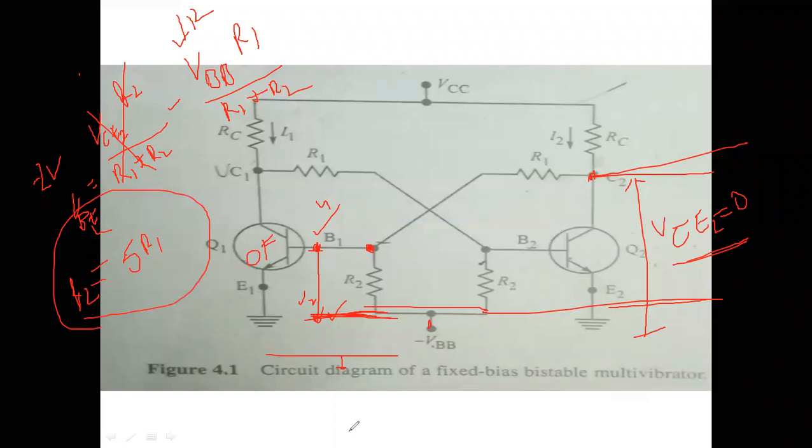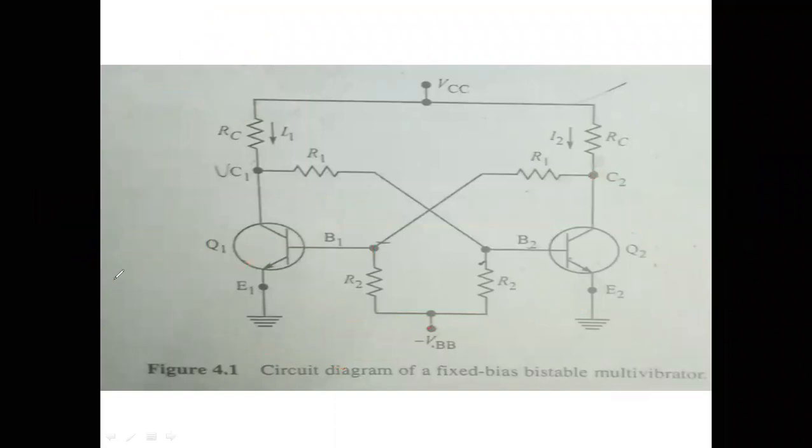We have two unknowns, therefore we want to get another expression in terms of R1 and R2. For getting that expression, I am going to find this current. How can I write this current? This current starts from here. This is an on transistor, it starts from here and travels in this direction. Here the voltage is VBE.